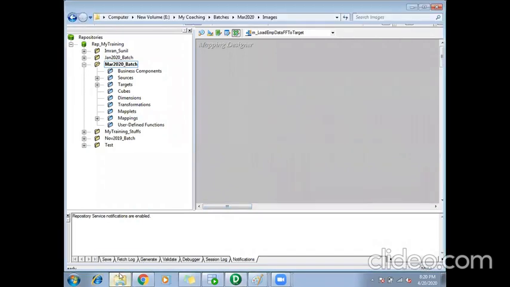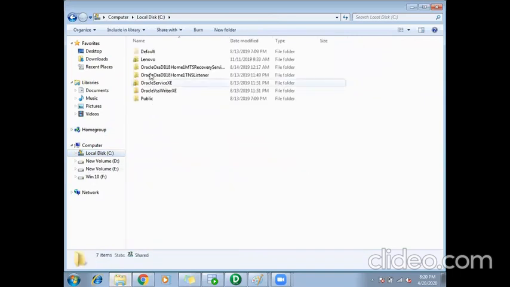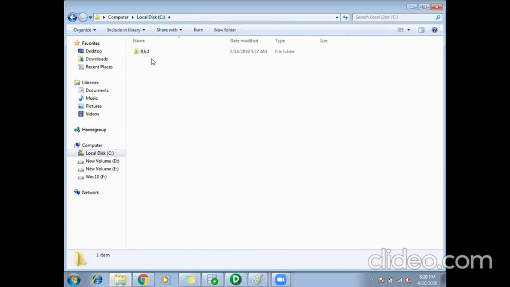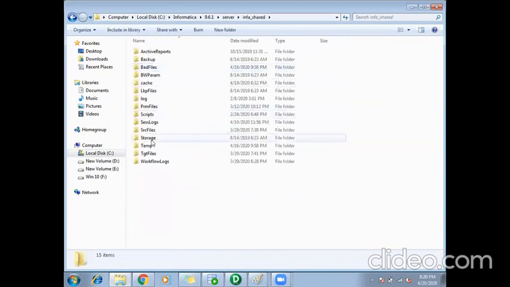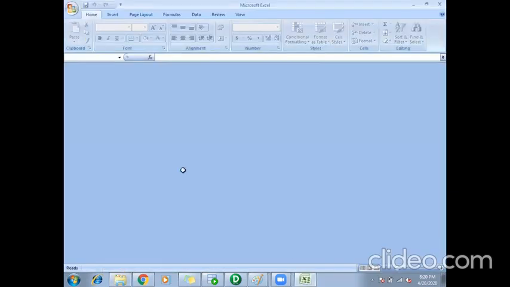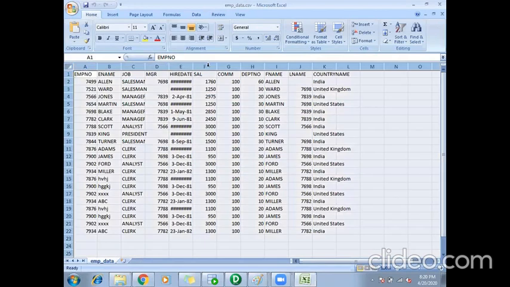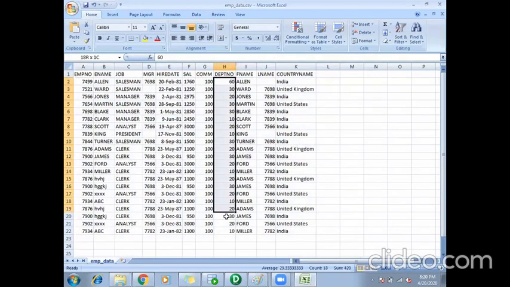I'll just use my source file so that it will be easy for me to edit, instead of using a table where I have to write a query to edit. So I'll use my source as a file here. We will take employee data as a source. These employees are working for different departments.